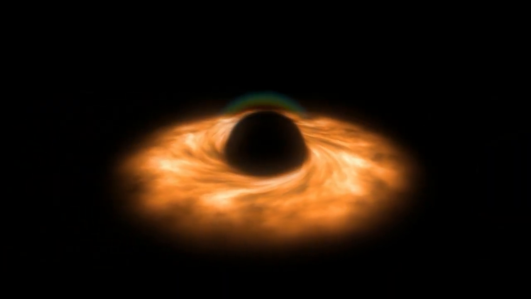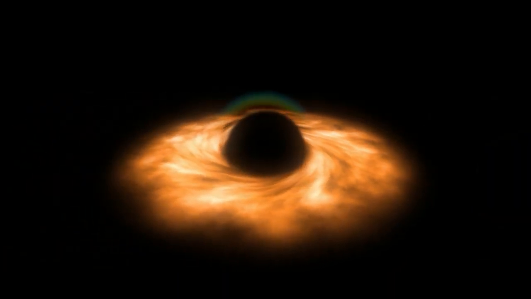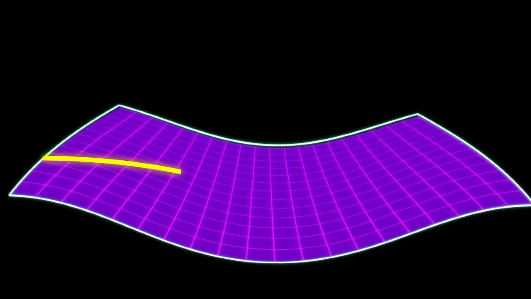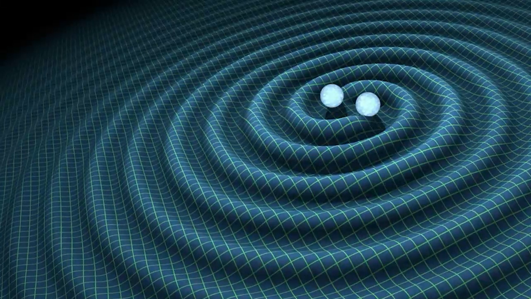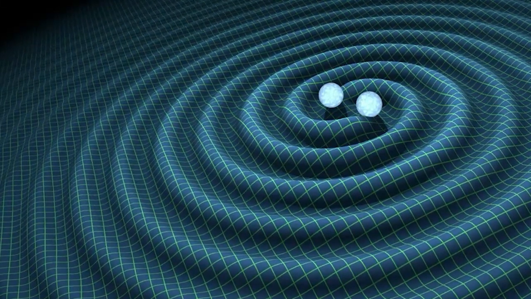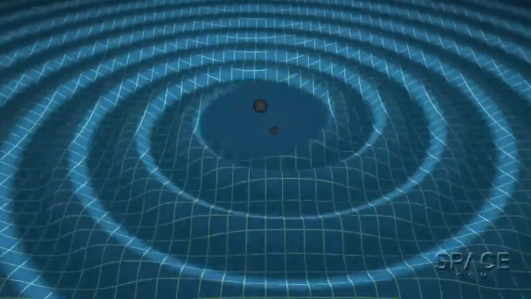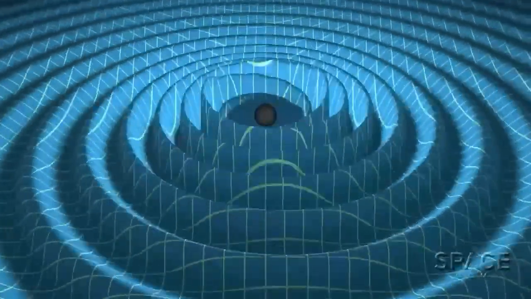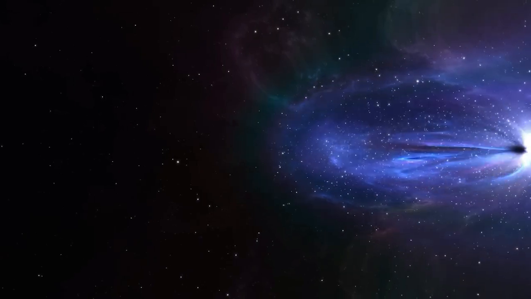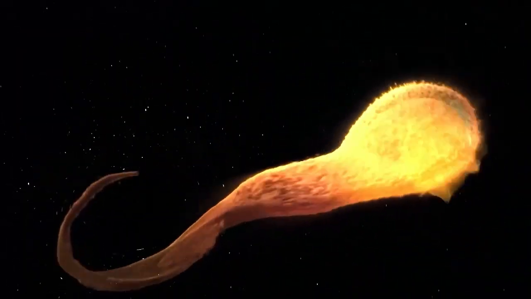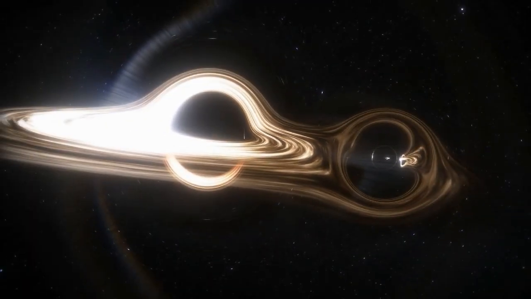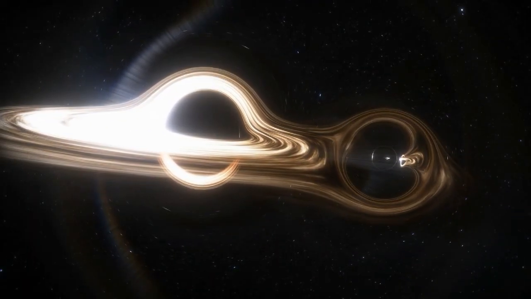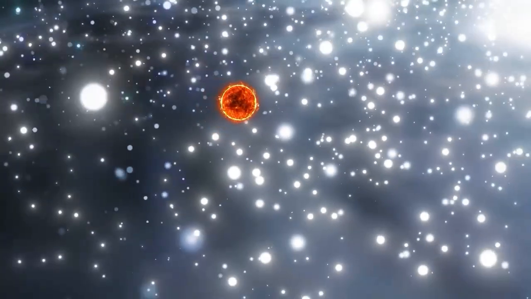Black holes challenge our understanding of quantum mechanics, and they may even hold the key to unifying quantum physics with general relativity. As black holes collide and merge, the gravitational waves they emit allow scientists to study phenomena that can't be observed through traditional telescopes. By analyzing these waves, we can learn more about the mass and spin of black holes, as well as the processes involved in their formation. This research helps us understand not just black holes, but the universe's evolution itself.